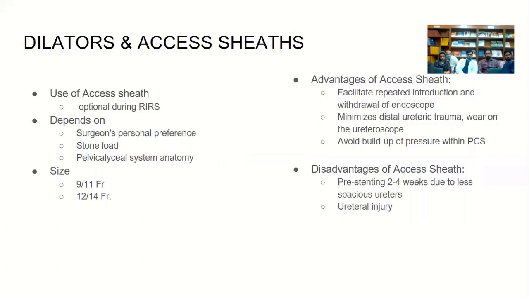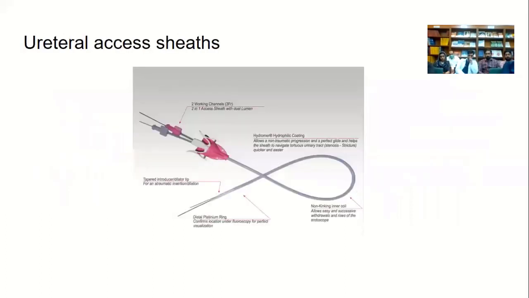Everything is evidence-based. If there is evidence of complication, even if it is in, say, 1 out of 10, you have to have this access sheath. Otherwise, you don't go towards RIRS. Size gives you an advantage. It doesn't allow you to just play around.